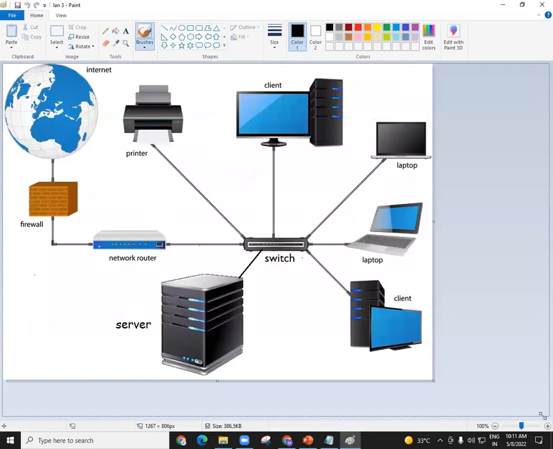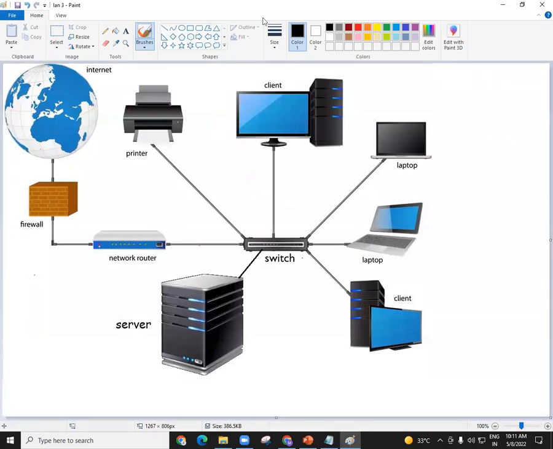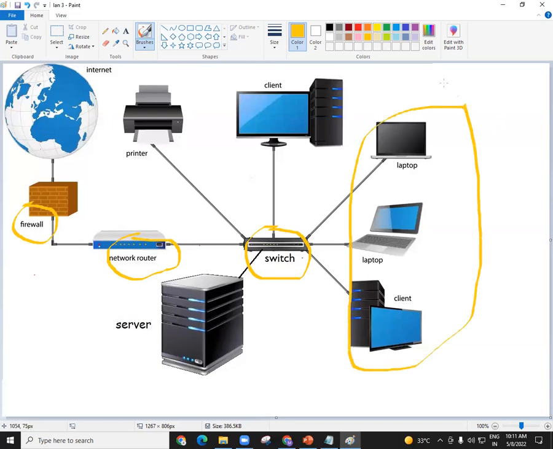This is the computer network that we have within the company. Go to any XYZ company anywhere, maybe in Hyderabad, Chennai or Delhi, or maybe in Dubai, or somewhere in Australia. Wherever you go, a company's computer network will look like this. There are certain devices we will see in each and every computer network. Here you can see there is a switch, a router, and a firewall. And we can see many computers, desktops or laptops, and one of the devices here is a server.